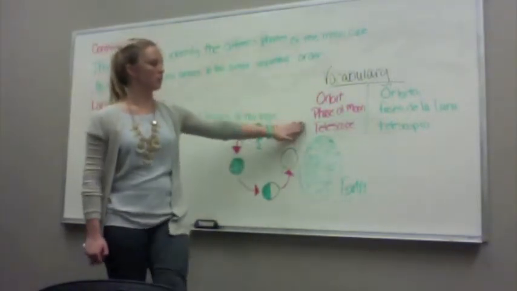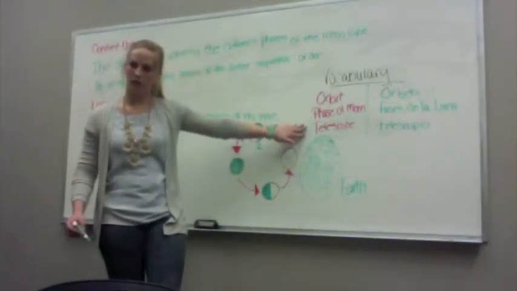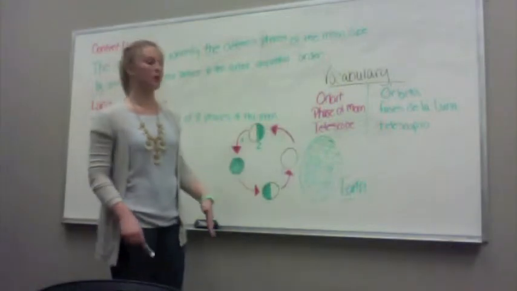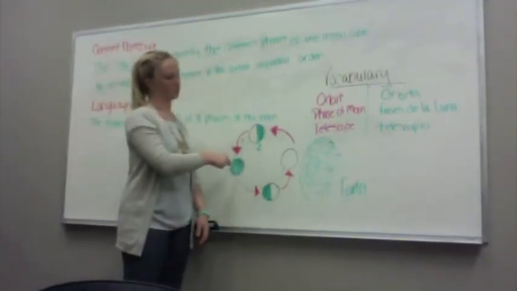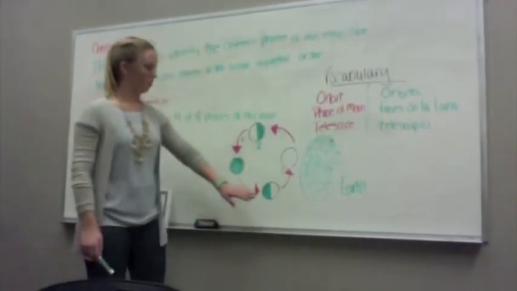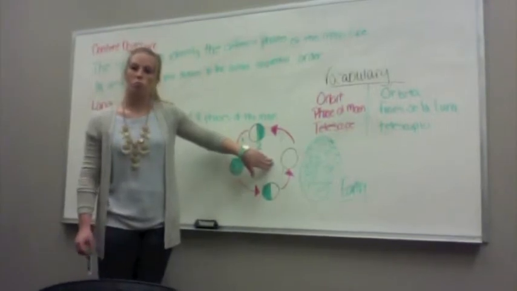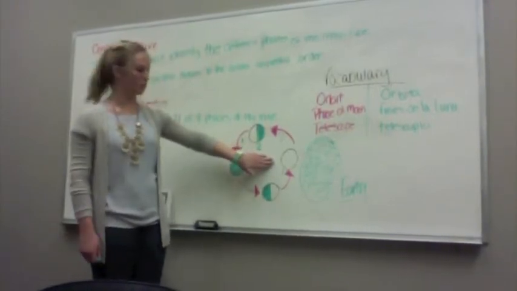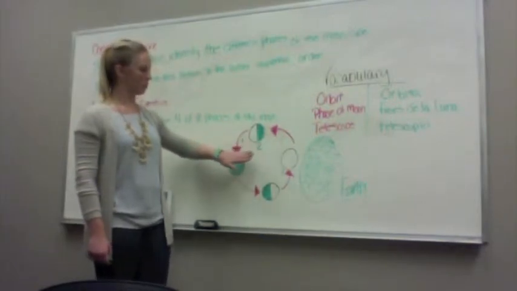And then can somebody tell me what we use a telescope to do? To look at the moon. To look at the moon, to be able to see it closer. Correct. So let's go over the 4 phases that we learned today. So, if this is Earth, what do we start out with? The new moon. Right, and can you see anything with the new moon? No. Right. Then we go to